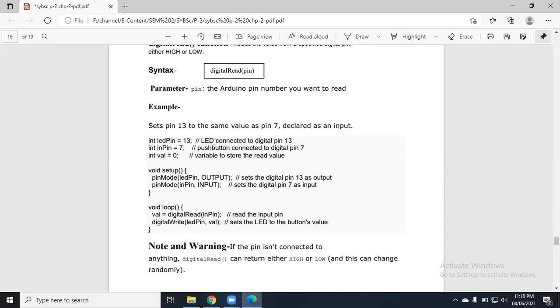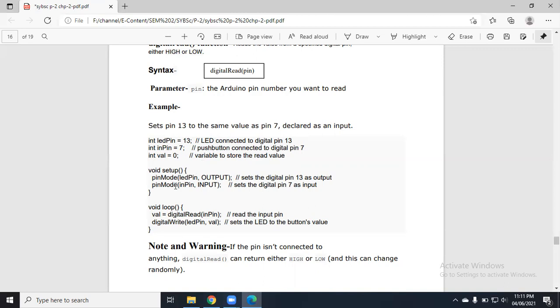In void setup loop we have to define the pin. So that is why this is nothing but my void setup loop. In void setup, to define a pin we have a particular format, that is pinMode, where M is capital. pinMode, in bracket, the first pin is my LED pin. So LED pin comma output. Why output? Because I want to define my LED as an output and the push button is my input. So that is how I will define accordingly.